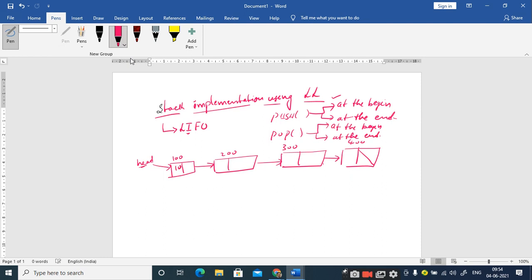For example, let us take this 10, 20, 30 and 40 are the elements that are present in my linked list. Now I want to perform a push operation. Pushing means inserting. So as I said that you can insert at the beginning or you can insert at the end, right? Tell me where we will go. Whether we will go with insert at the beginning or insert at the end. Which one is correct? Both are correct only, right? So if somebody has given the answer that we are going to insert at the end, it is also correct only, right?